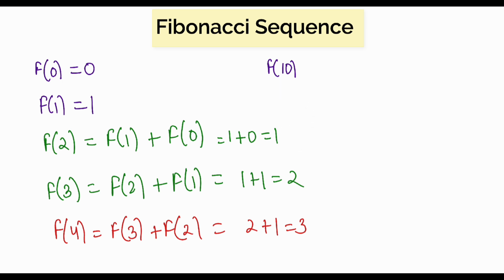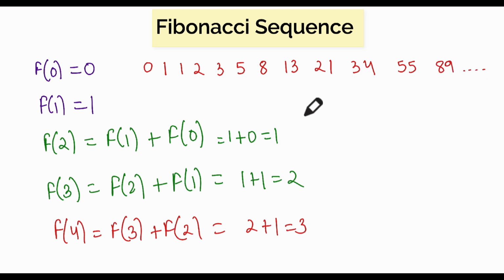So let us try to generate a few of the Fibonacci numbers. First is 0, second is 1, third will be 1, then fourth will be 2, then fifth will be 3, 3 plus 2, 5, 5 plus 3, 8, 8 plus 5, 13, 13 plus 8, 21, 21 plus 13, 34, 34 plus 21, that is 55, and then it will be 89, sorry. So that's how you will go, right? And so you can calculate the nth Fibonacci number.